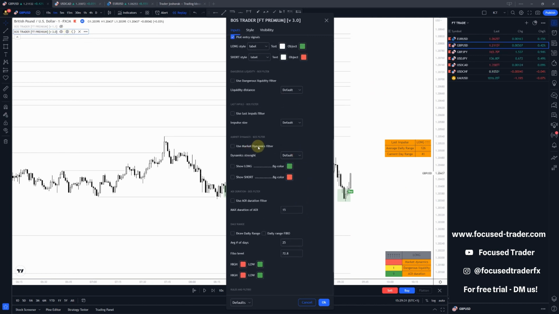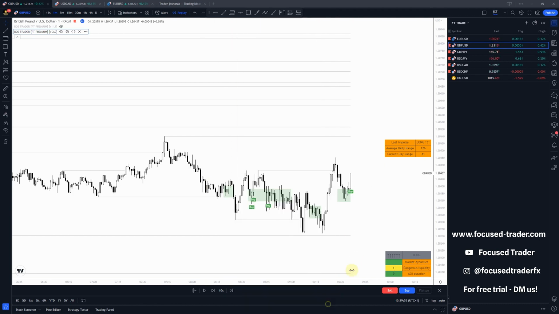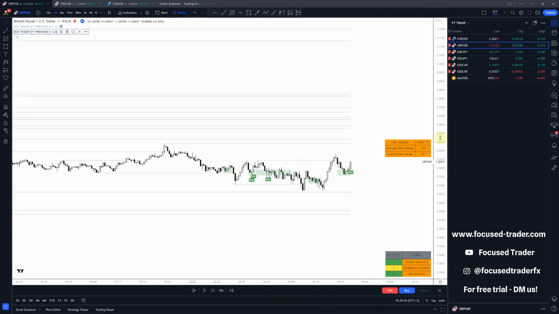I will turn this market dynamics filter to medium, and I will show you the daily range. There is also the daily range. The average daily range of GBP USD is 126, which means that in the long term, the GBP USD usually makes a movement of around 126 pips. So if I draw this on the chart and zoom out a bit,